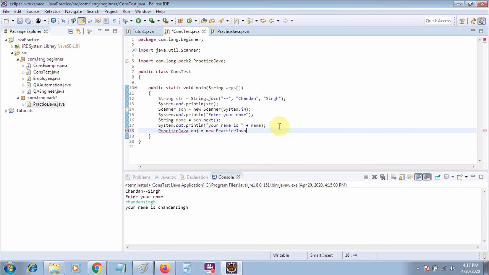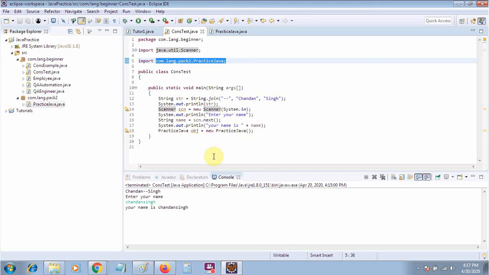Okay, this one. So it will ask you to import the package. If you go to here, you will check that your package com.long.pack2 and class name has appeared. If you see this example clearly, we are importing two kinds of packages. First is the java.util.Scanner class package. Second is your own built package. So the package concept is very simple.